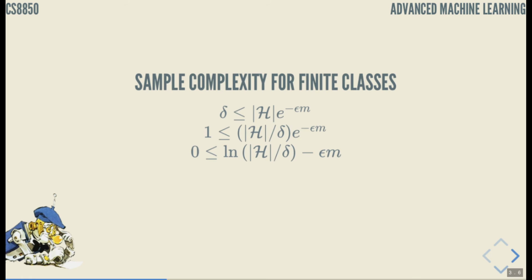So sample complexity for finite hypothesis classes will, as you recall from one of the previous slides, we already established. So once we have this inequality, we can establish the following inequality. So we bounded the delta and we were able to derive for m. For infinite classes, it's not finiteness, obviously, but another measure determines the learnability. But for finite classes,